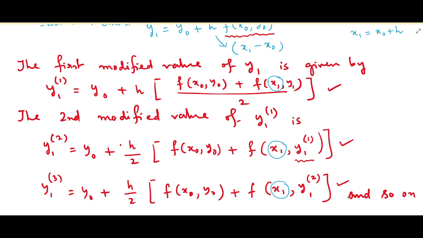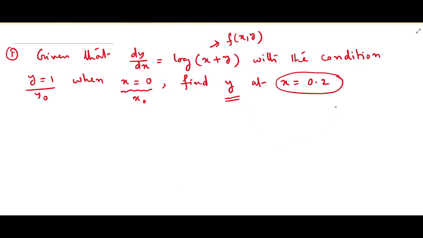So now, just recall the last problem. There we had x equal to 0.1 and we had taken h equals 0.02. Then we found x1, which is x naught plus h, then x2, which is x1 plus h, then x3, which is x2 plus h. So we were writing x1, x2, x3 in Euler's formula. But here in Euler's modification method, every time we are saying x1. So there is no x2 and x3.